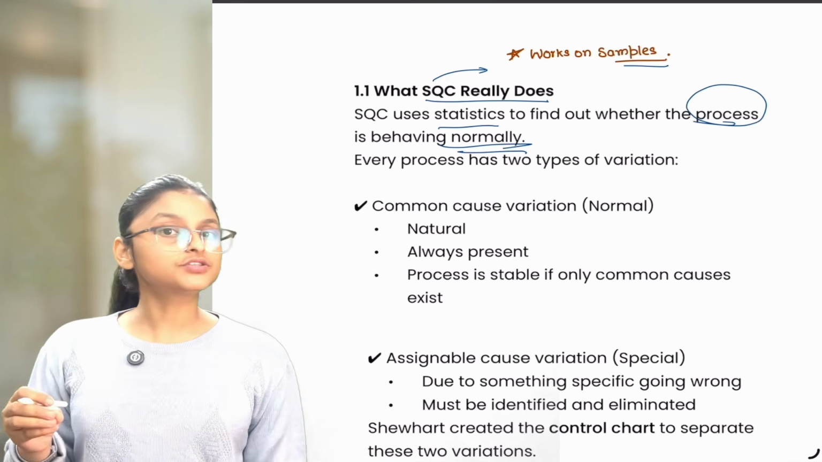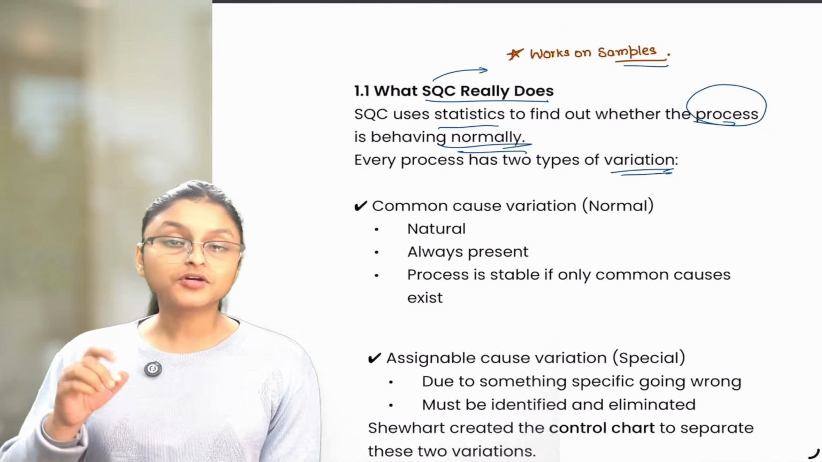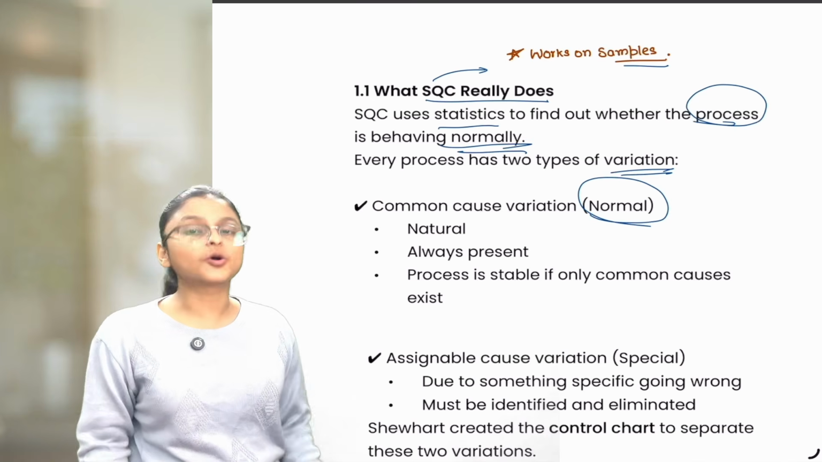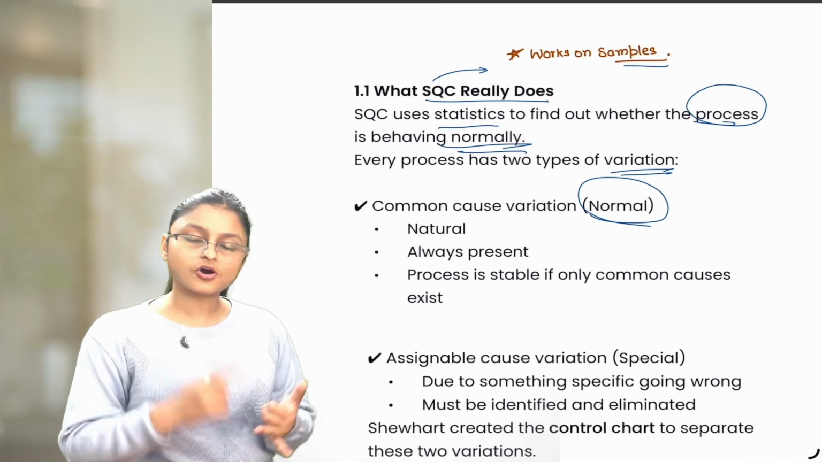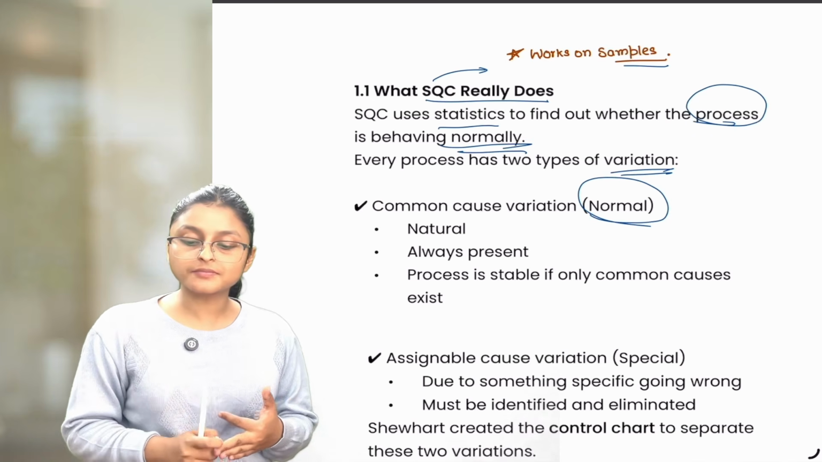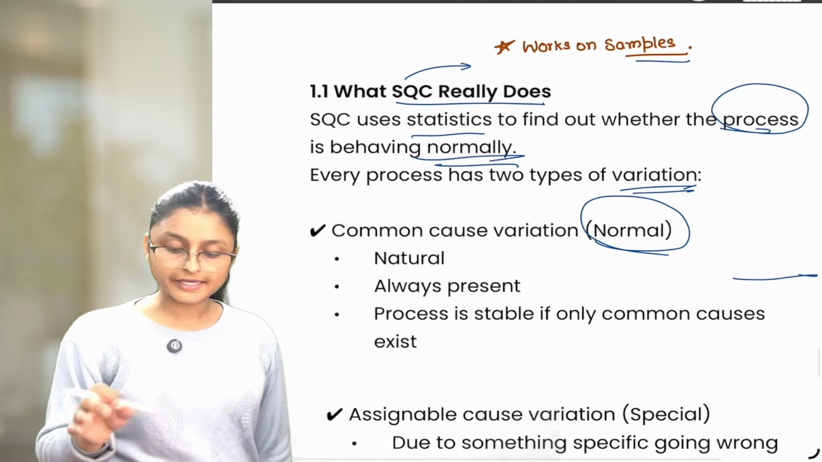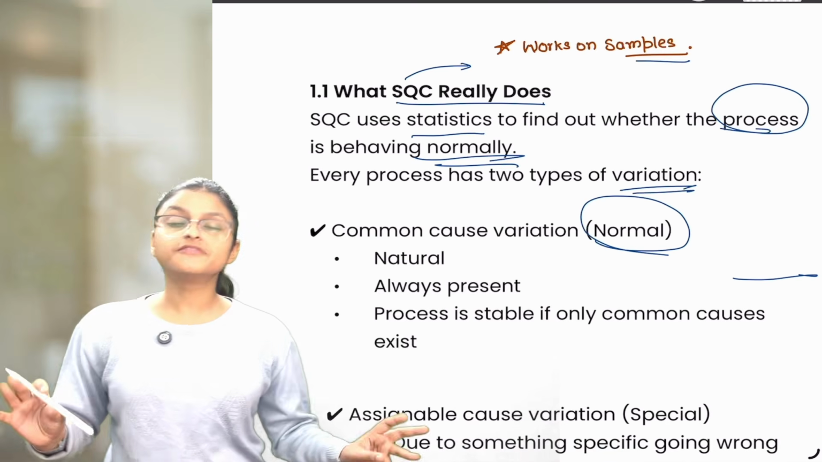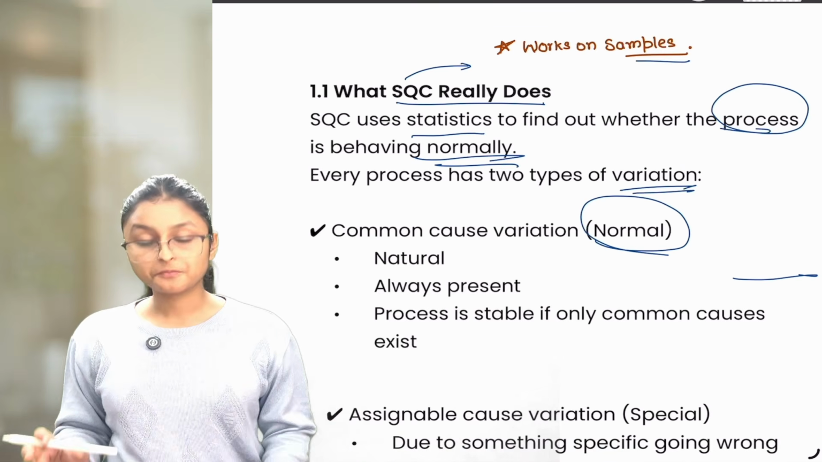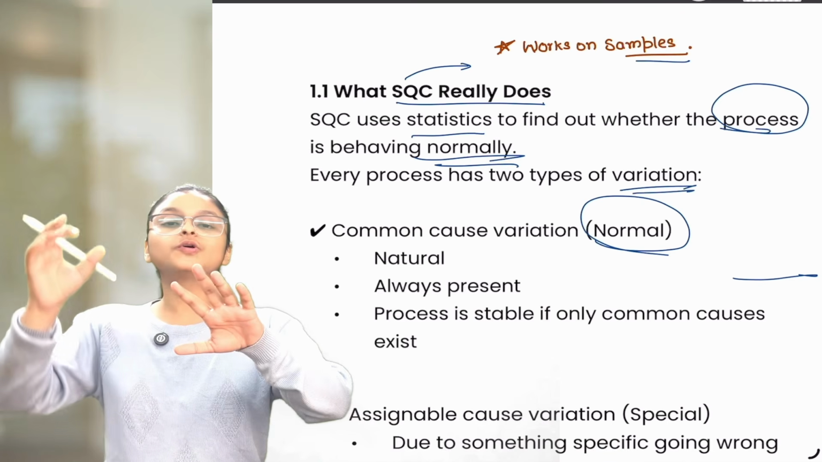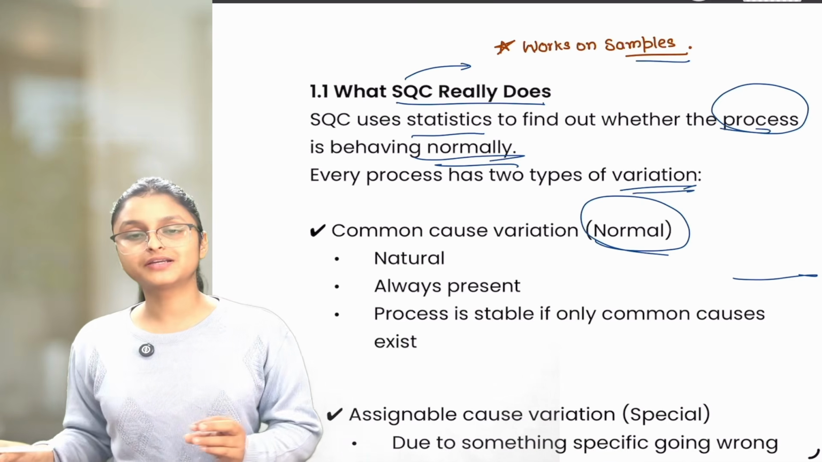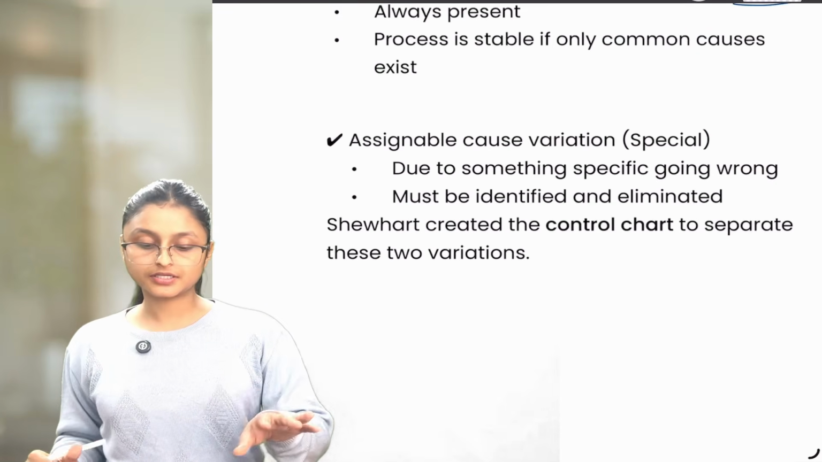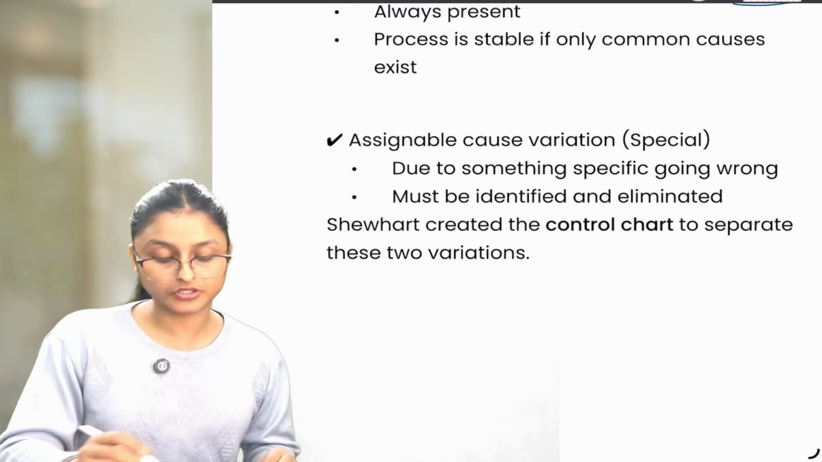There can be variations in processes, and these variations can be of 2 types. The first one is normal variation, which will happen in your process. You can't stop that. These are natural, always present, and the process is stable if only common causes exist. If there are only these normal variations, then the process is treated as stable and everything is working properly. But if the variation goes outside the upper and lower control limit, then it is treated as a special variation